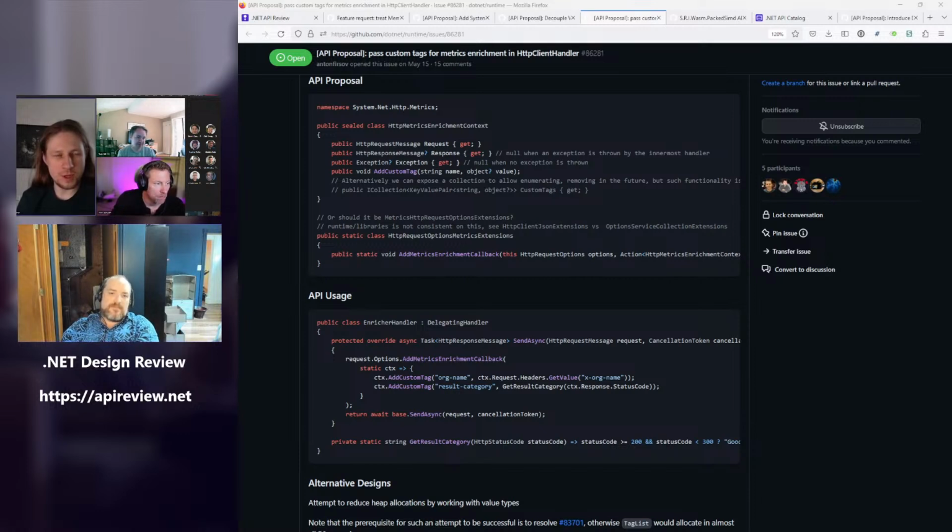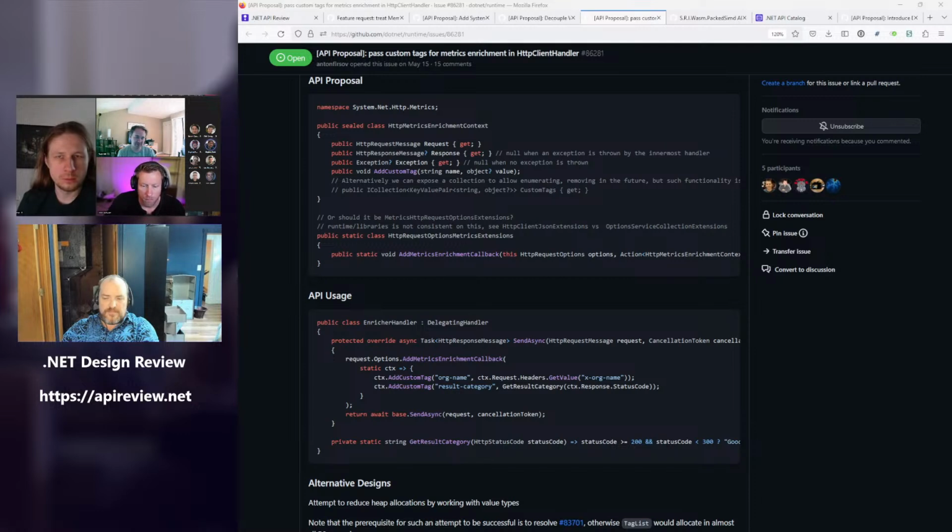Any other thoughts or opinions or pushback? I just want to explicitly talk about the extension method part. Like the extension method on a class, we're doing that explicitly because we don't want this method to be on HTTP request options for everybody to see. Is that right? Yes, and also HTTP request options is kind of a dictionary, basically. It would be very weird to add such an extension there, for me at least. So these are the two reasons.